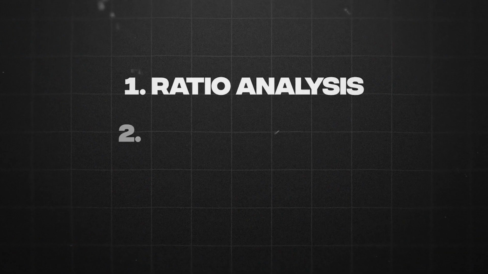Some tools and techniques for financial analysis that you can use are ratio analysis. This is how you use ratios like profit margins, ROA, ROE, and debt to equity ratios, and you use these to start to really get an understanding of where this business is headed. You also can do a trend analysis, and this is where you look at multi-year financial trends. Are revenues and profits growing? Are they stable, or are they declining?